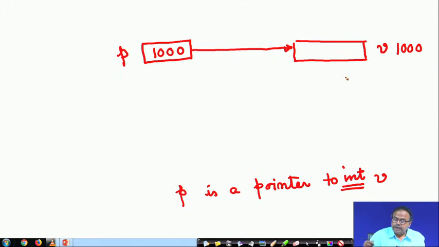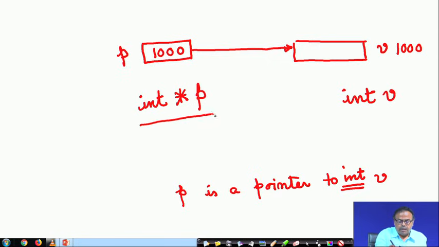So, I can very well say int v. But what is the type of p? P is a pointer to v, which is an integer. So, we write that as int star p. What does it mean?